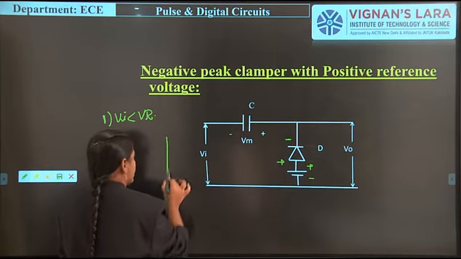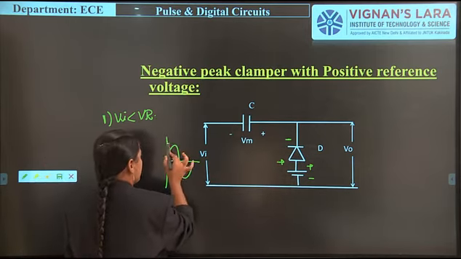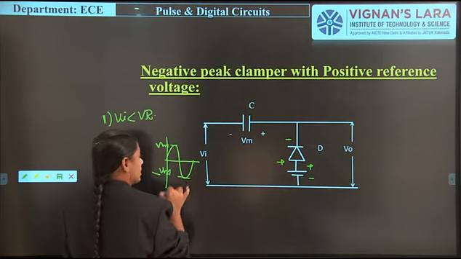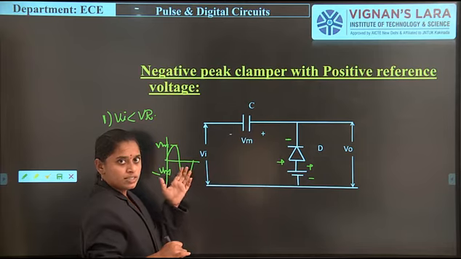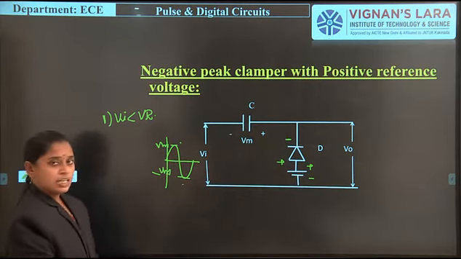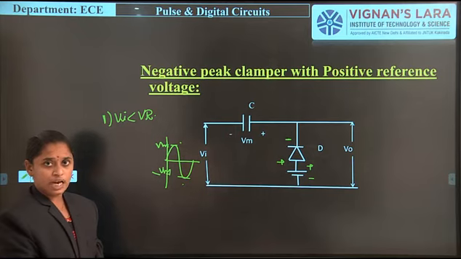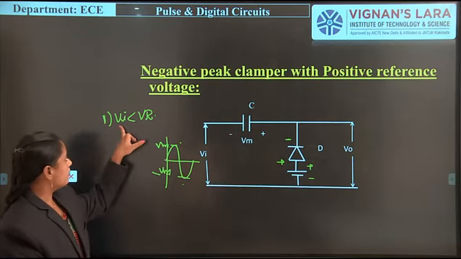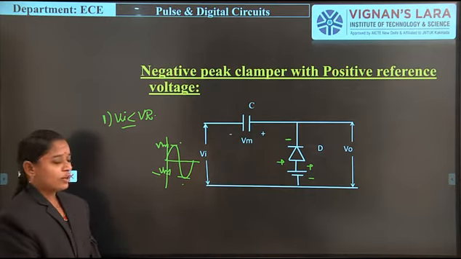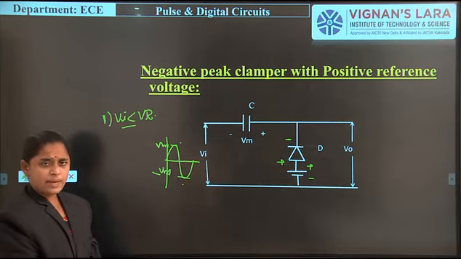The input signal is a sinusoidal signal, we know that. So it consists of Vm and minus Vm, we have to assume like that. So the peak to peak voltage is 2 Vm, consisting of Vm and minus Vm terms. And when this signal is passing through this, what is the condition of diode on? That is, the input signal is less than VR. Then the diode becomes on.